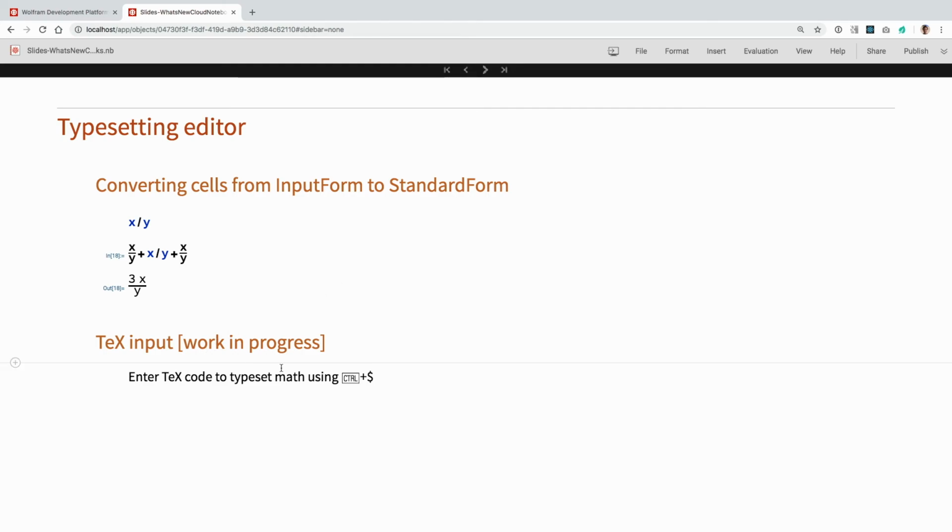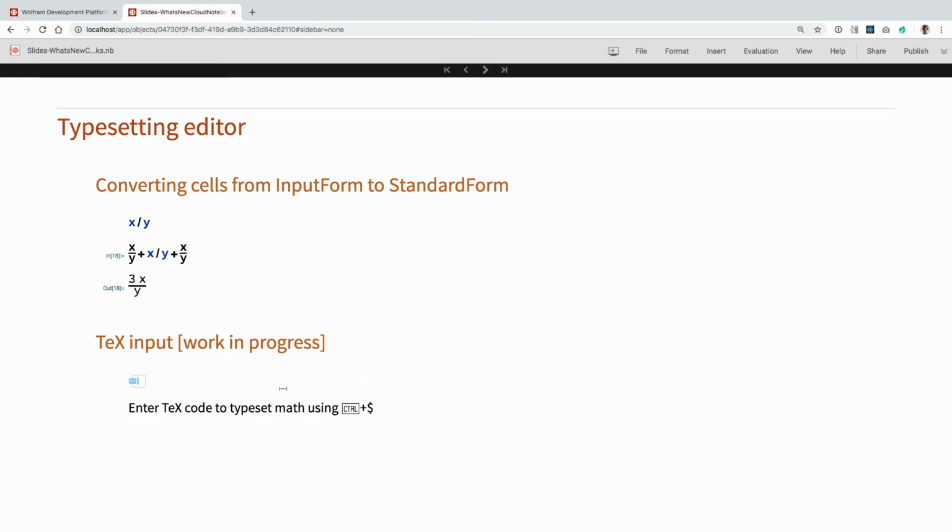Another thing that's coming, probably not too soon, but not too far away either, I hope, is a way to input TeX code, which probably many people are familiar with, and that's also a nice way to write formulas. And it's also easier for us because we only have to worry about a linear input string as opposed to this 2D typesetting editor. So the idea is that you press Command 4 or Command $,